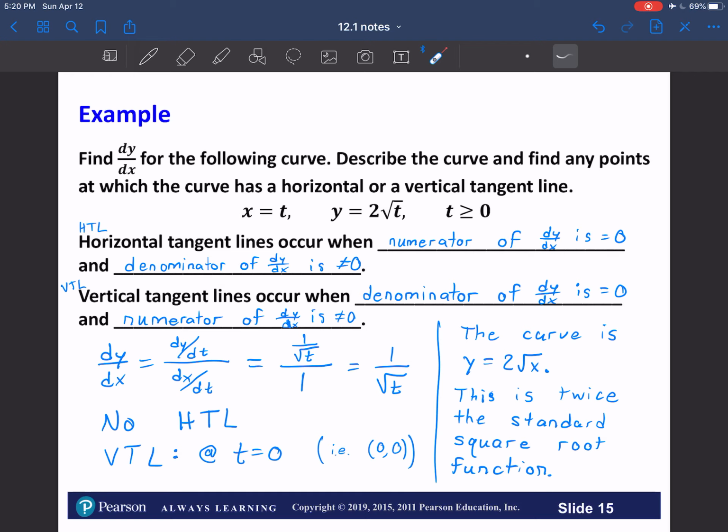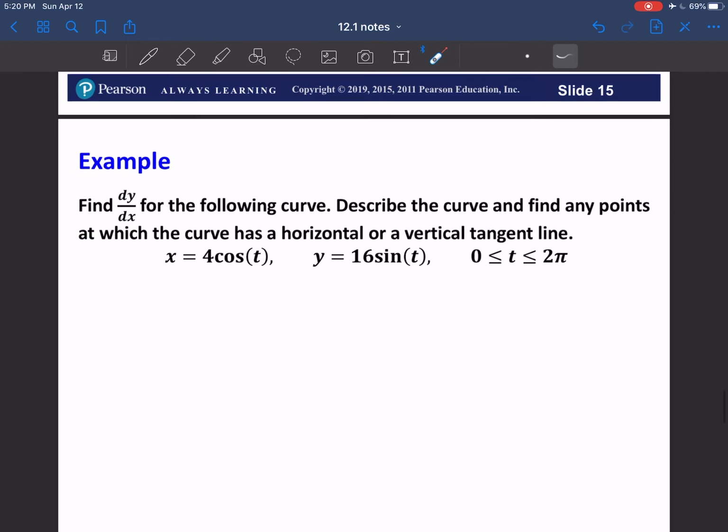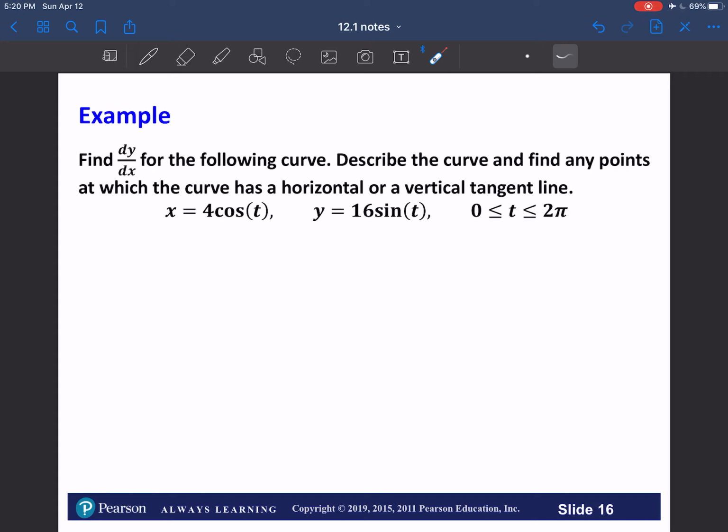All right, so let's take a look at the second example. It's a little bit trickier. We're going to consider finding the dy by dx for this guy. Same prompt, describe the curve, find any points at which the curve is horizontal or vertical tangent line. So let's try. If x is equal to 4 cosine of t and y is equal to 16 sine of t, and t ranges from 0 to 2 pi,